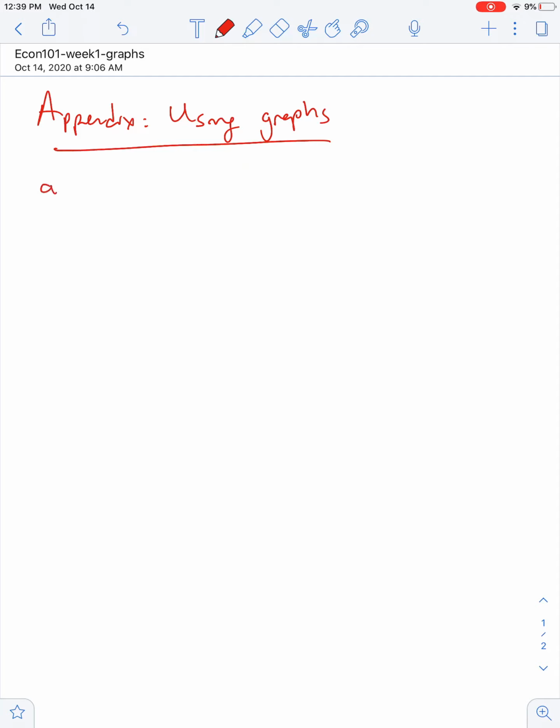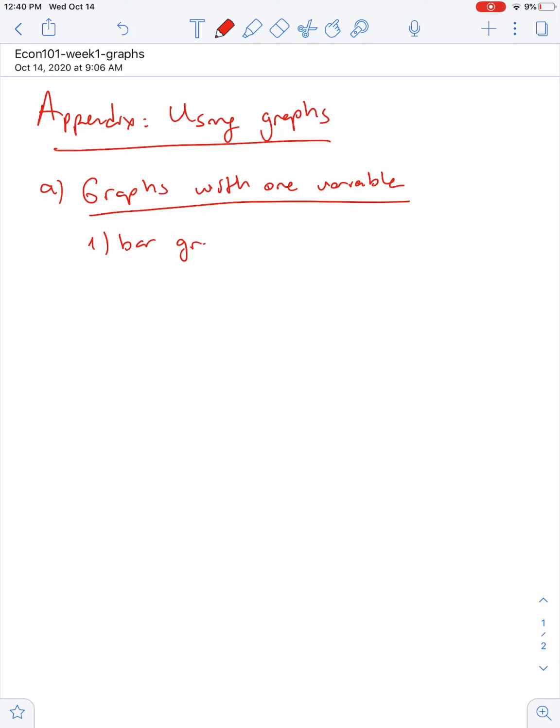Okay, so we can group the graphs into two or more. Let's start with graphs with one variable. You can represent those either by using a bar graph, which, if you use Excel, you are familiar with, or a pie chart. An example for this is the market share of cars